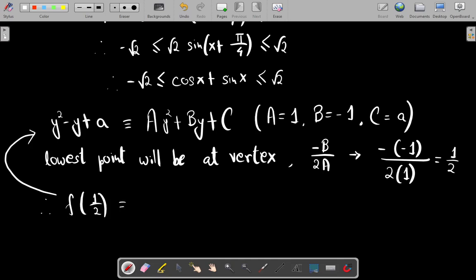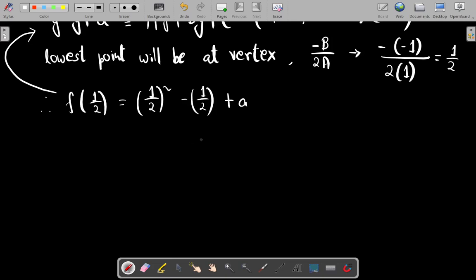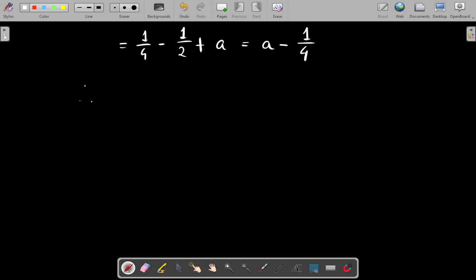Okay, this will give me the lowest value of the curve. So this now becomes half square minus half plus a, and this becomes 1 by 4 minus half plus a. So half, 1 by 4 minus half is minus 1 by 4. So this becomes a minus 1 by 4. Okay, so therefore for this curve, y square minus y plus a, the lowest value